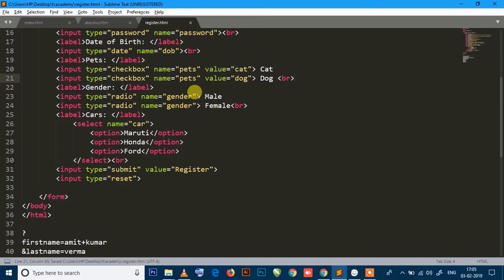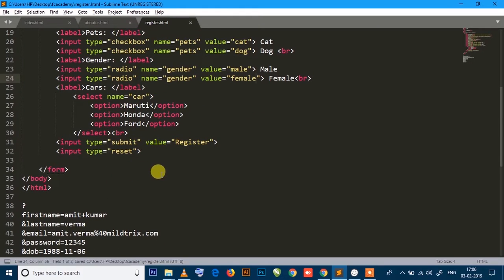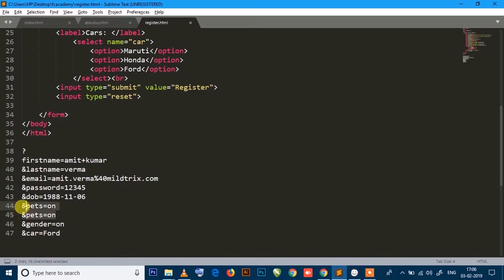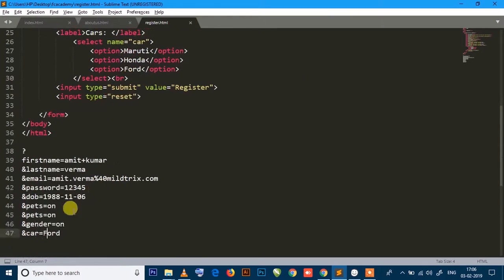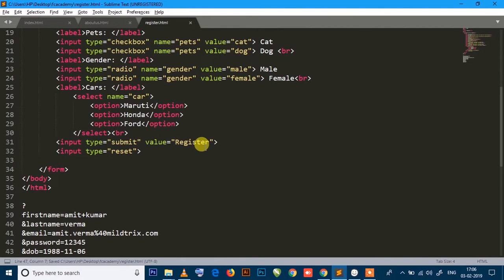And the same thing over here in the radio buttons. We need to provide the value male, and here the value should be female, so that it will provide us what pet I chose in the form and what gender I actually chose, right? And for car it's fine, it's giving us the option that I just selected. Okay, so now let's